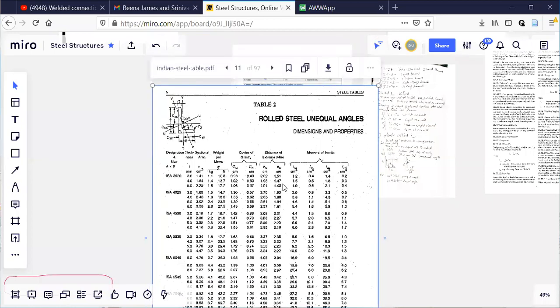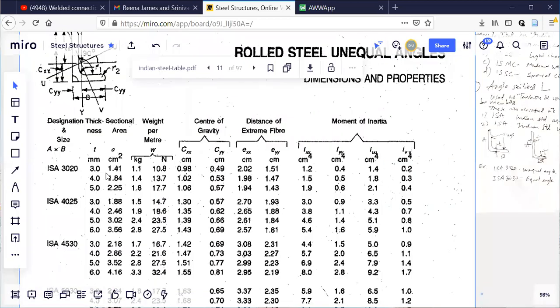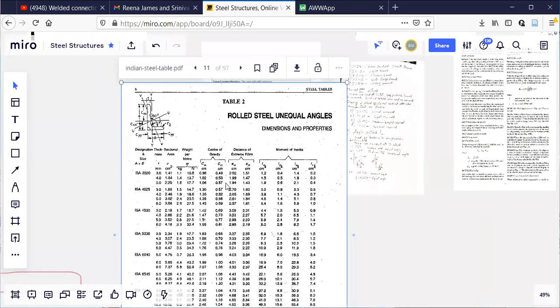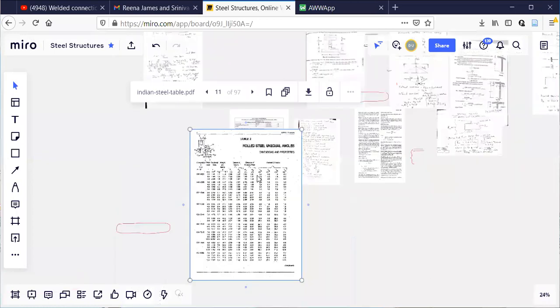Similarly, I section, T section, everything will go there. It means for all the properties you don't need to calculate anything. Centroid, moment of inertia, you don't have to calculate anything here for the given section. Area is available. Every geometrical property is available in the steel table. So this is what I was trying to make clear.